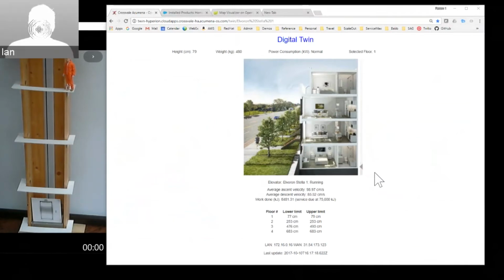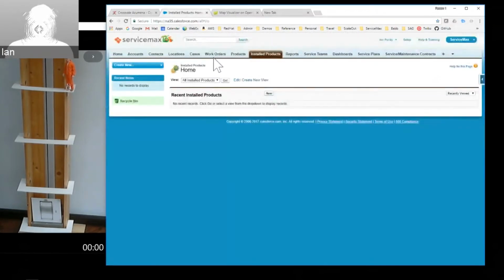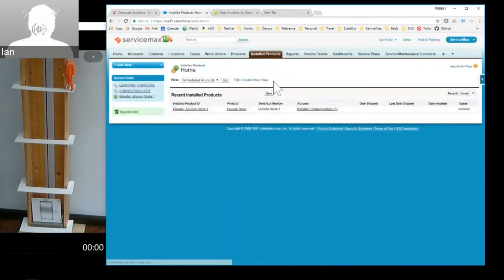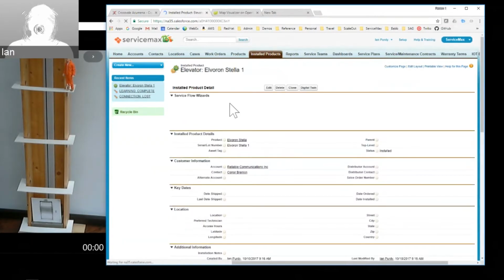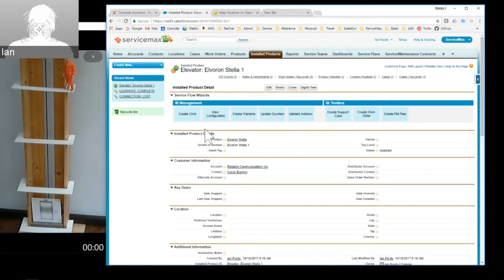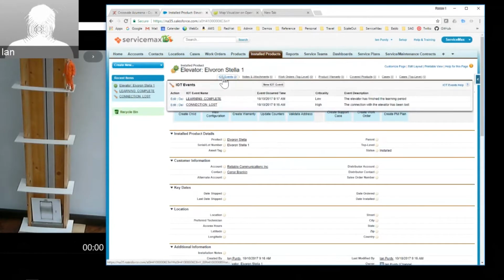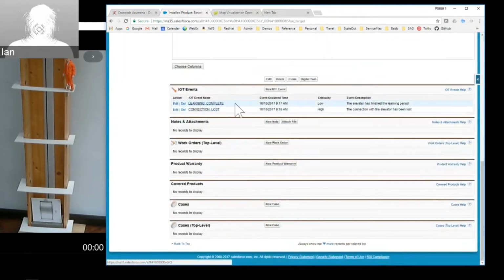Okay, so now you see it's finished its learning period and it's now in running state. So if I go and look in the Salesforce application, I can see that it has now discovered that there is an asset out in the field called Elvor and Stella 1. And when I click on that, this takes a few moments for it to bring back the details. I can click on IoT events here, and it's telling me that learning's complete,